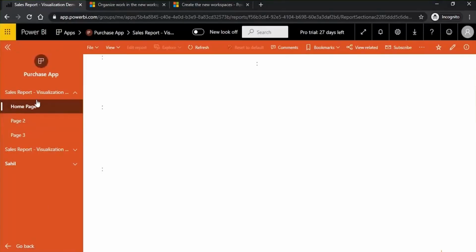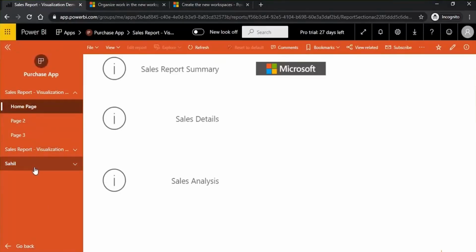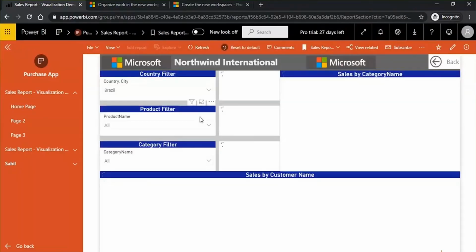Now let's see. Okay, now here you see your reports are coming into this navigation, and this is the home page. Once your app is loaded, you will see the navigation pane and the home page like this. The first page of your first report will always be the home page of your app. That page will be loaded. So this is what you are asking. Now you can design any app, customize images or whatever you want. You can create a beautiful home page, and then you can enable your users using bookmarks like we created in the last session, right?